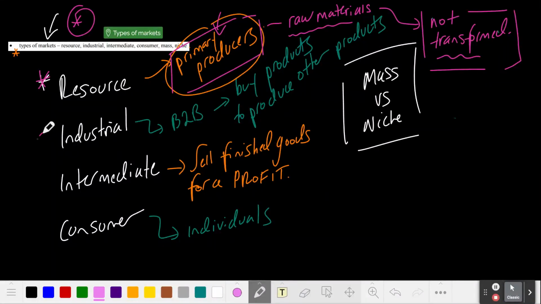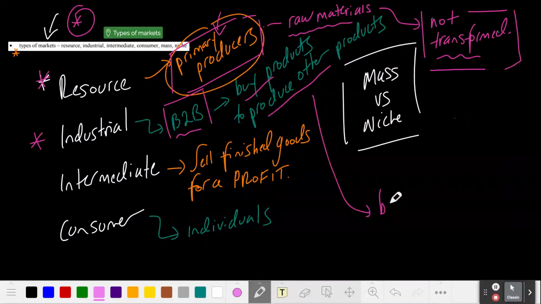If you think about an industrial market, I like to think about this as a sort of business to business market. That's what B2B stands for, business to business. So what happens in an industrial market is that a business will buy products that it uses to produce other products. So for example, and this example comes from the textbook, and I'll list the source in the show notes,